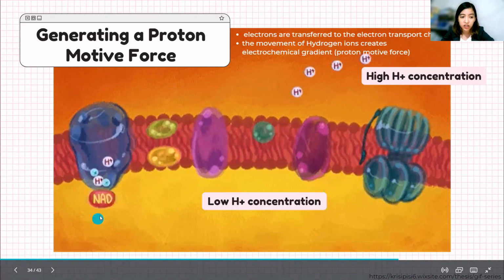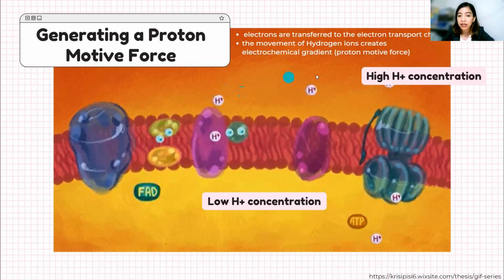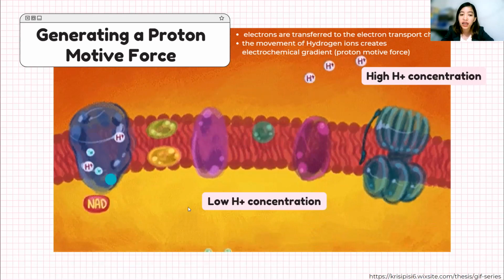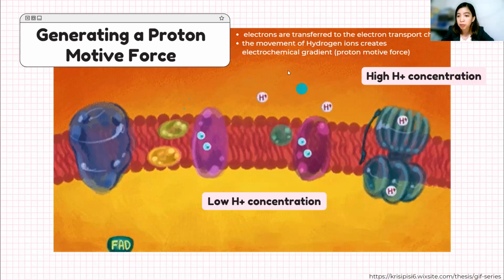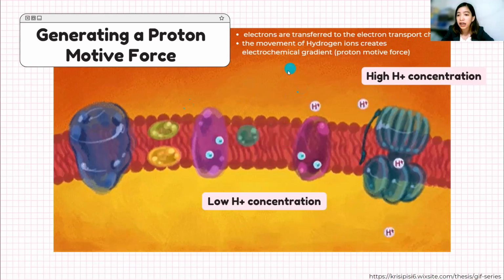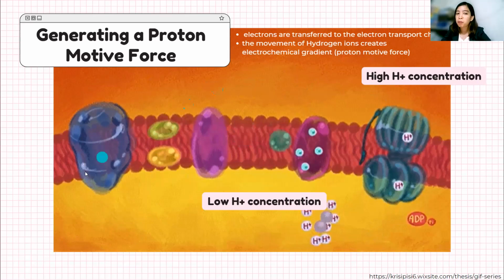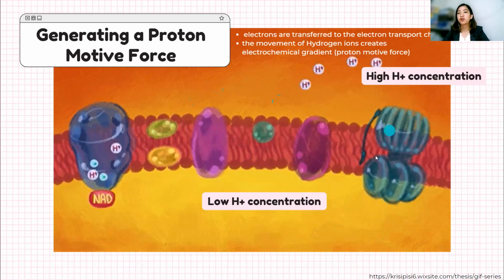And NADH transfers hydrogen ions to the outside. Because if you notice, here is the low hydrogen ion concentration and here is the high hydrogen ion concentration. So NAD and FADH transfer ions to the outer membrane, wherein we have a high hydrogen concentration. And while these hydrogen ions move, the proton pumps also work to transfer molecules from one